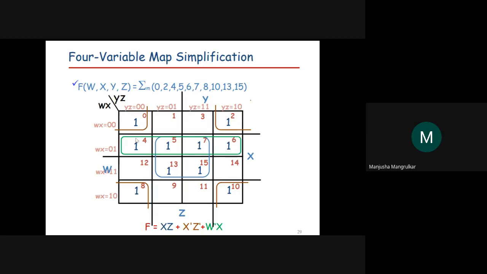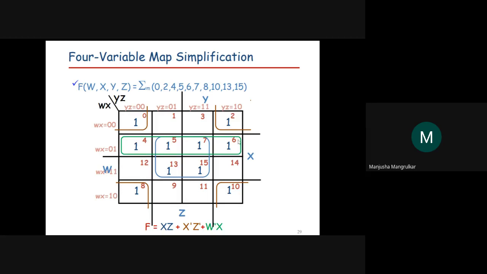Now you can see how many ones I can group, right? So first we can see this group of four 1s, right? Second we can do all these 4 corner ones, right? All these 4 corner ones. Then these two ones, either we can do this group or we can do this and this group of 4. Both are possible, right?